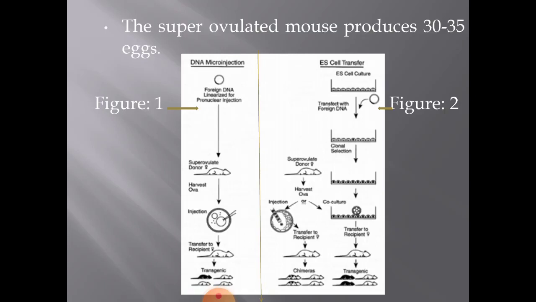Students, please note, in the fertilized egg you can see 2 nuclei. The smaller one is the female pronucleus and the bigger one is the male pronucleus. You are going to inject the DNA of your choice into the bigger nucleus, that is the male pronucleus of the fertilized egg. But adequate care must be taken when inserting the DNA of your choice: you have to puncture the elastic nuclear membrane, but at the same time you are not going to damage the